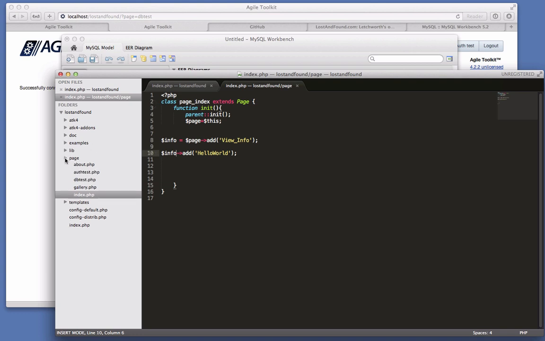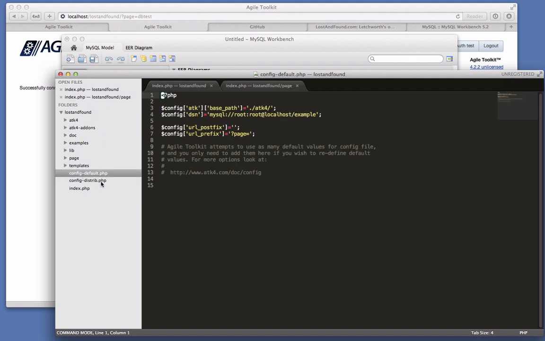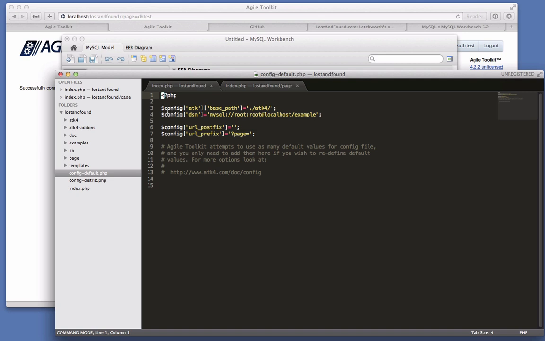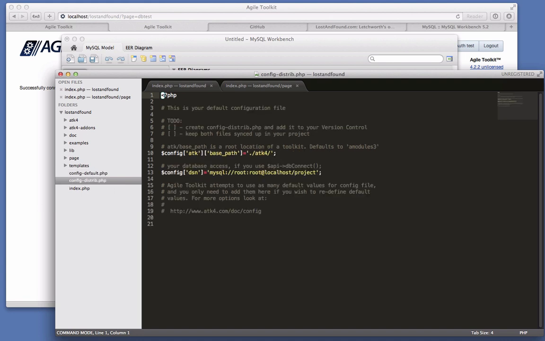Okay. So next thing I'm going to take a look in is configuration files. There are two files coming with default distribution. One is config default and other is config strip. And there is a little bit of confusion what they do. So default is, those are defaults for application. If you're going to be distributing your application, you can put more defaults in here. The strip usually is something we are